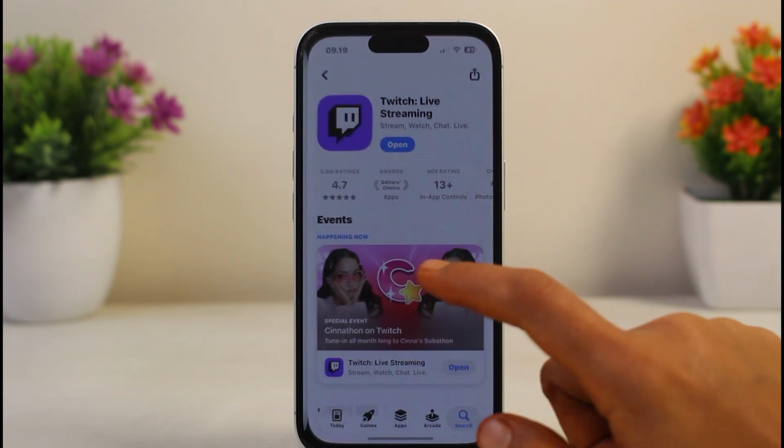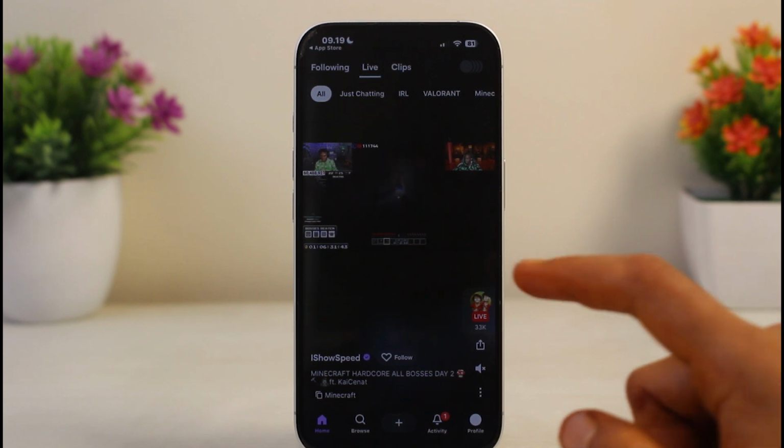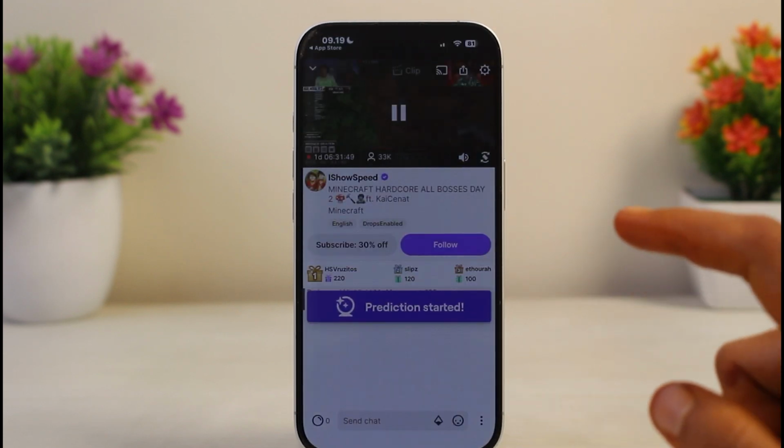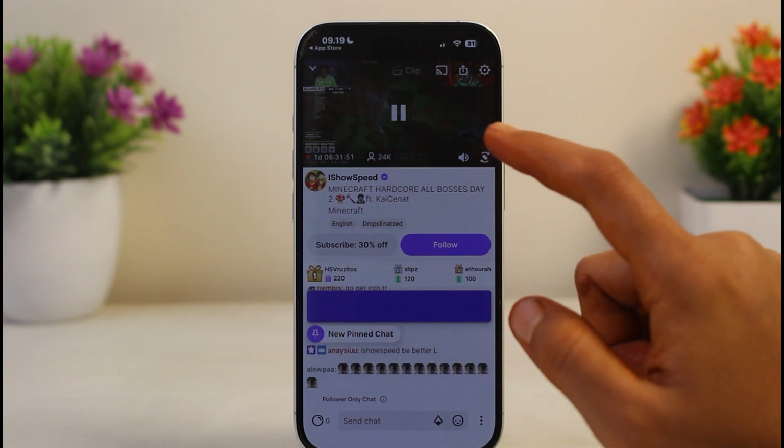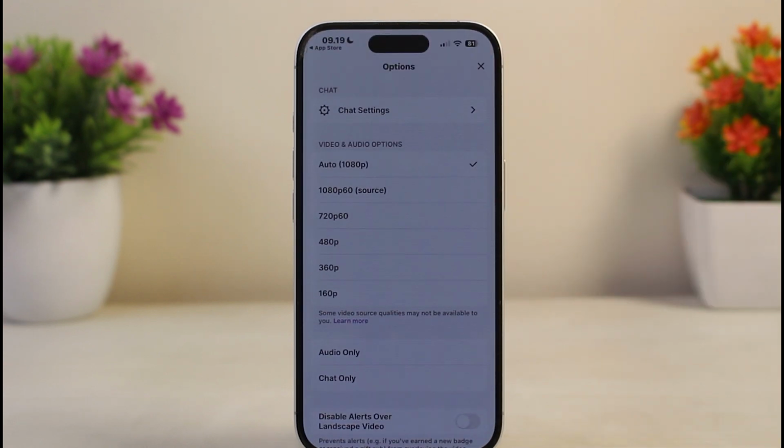Now once you do that, open the Twitch mobile app and then find a live streamer playing the target game with the drop enabled tag. Then tap on a live stream, then tap the gear icon in the video player window at the top right corner of your screen, then select audio only so it does not stream heavy video data, or just go to